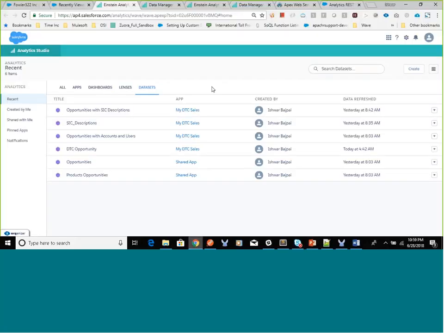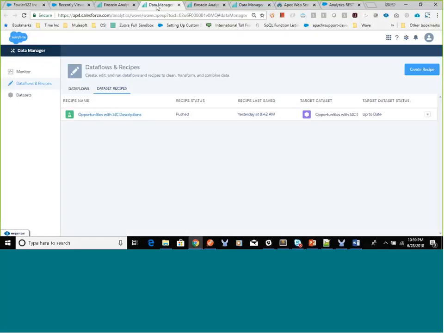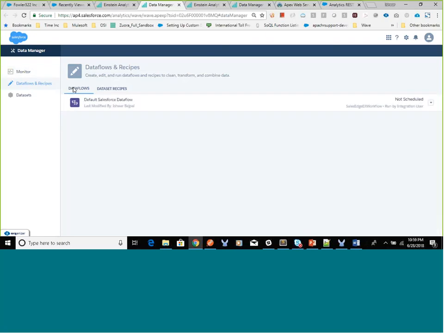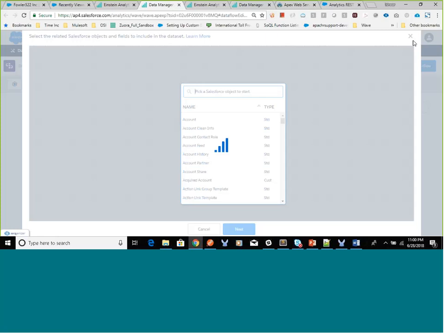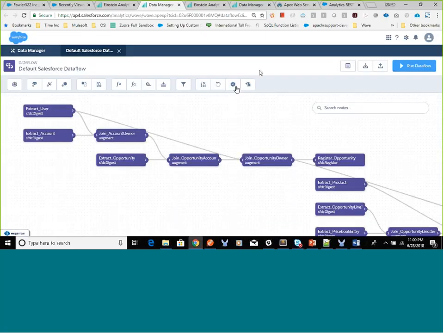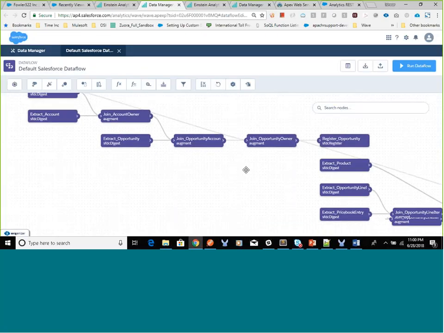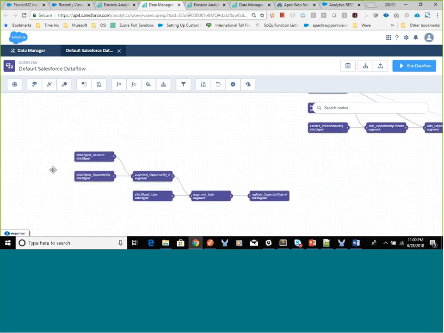So let's go back to the data manager itself, and in the data manager, here you can see the data flow. I have told you I will come back. There is a default Salesforce data flow, which the Salesforce Einstein Analytics platform has already provided, and I have created both of my data sets inside this data flow only. So if I click on this one,